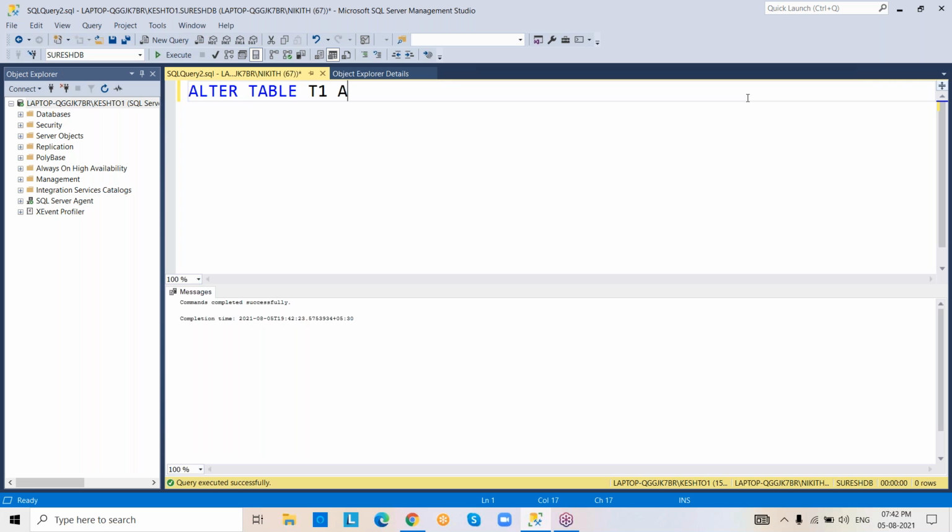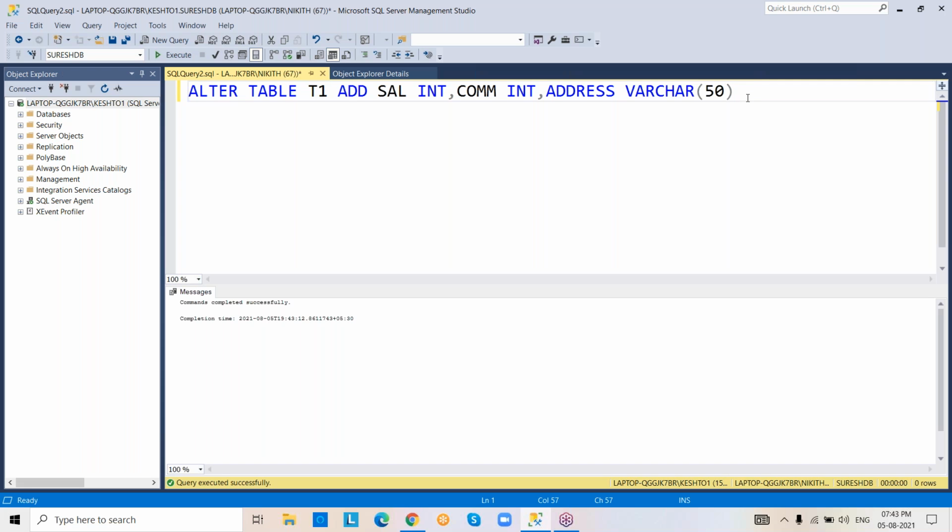Alter table T1, add column. Suppose salary integer, commission integer, address varchar of 50. Execute. What happened now?